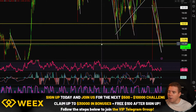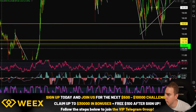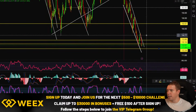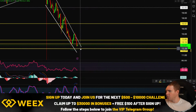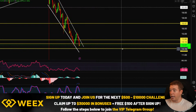Let me see here, all the way over here. Yeah, so here the underlying support level is kind of, let me see. Yeah, there. So $12.24 is otherwise the next support where I would consider taking a position from if we are reaching it. So if we're not breaking above $13.15, then be ready that we go down to $12.24, and then from there you have again a great opportunity